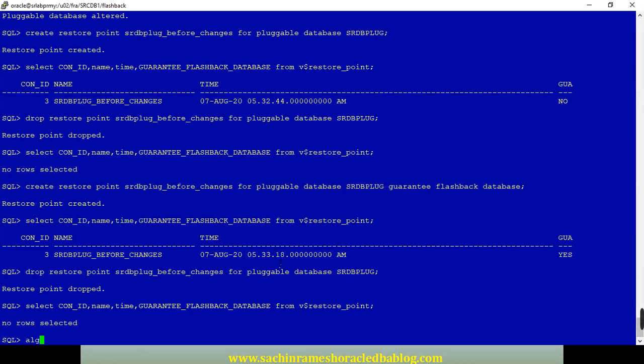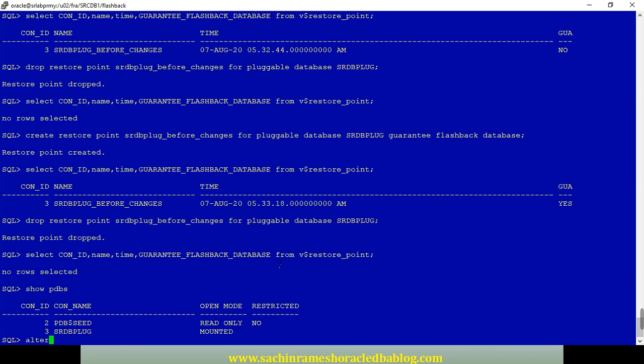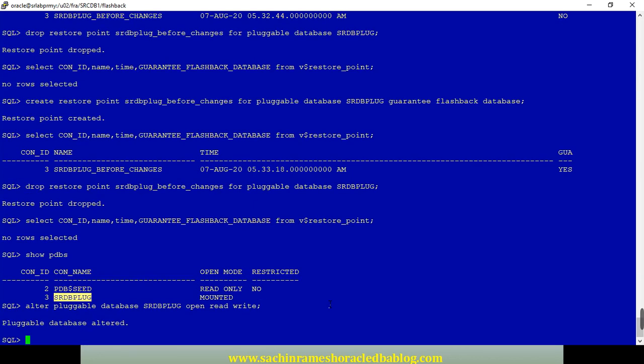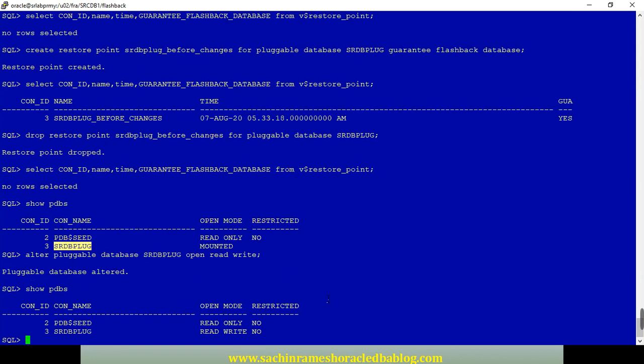Now what we will do, alter, because it is down, right? So PDBs can show mounted, right? Alter pluggable database open read write. So PDBs, yeah, it's done.